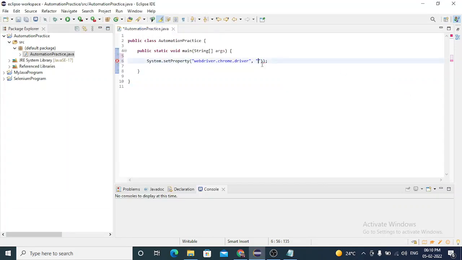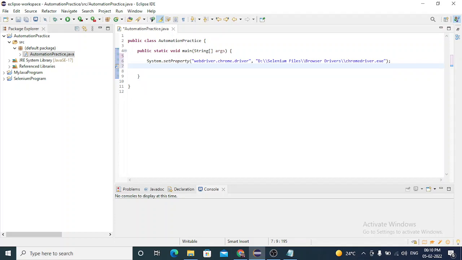So let's put here .exe. In Java, it takes 2 backward slashes or 1 forward slash. It will not take 1 backward slash. So there are 2. Okay.